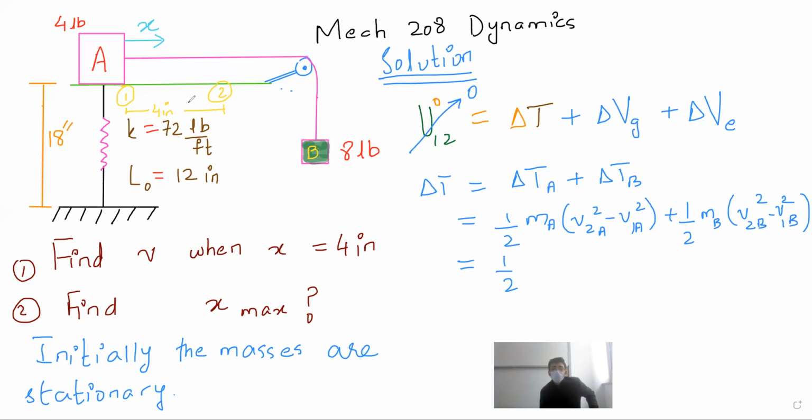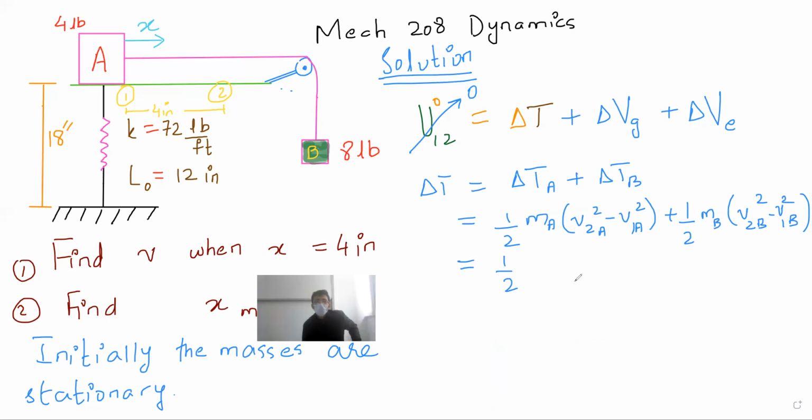Our online students, any comments or remarks? Okay, everyone, 4 divided by 32.2 into how many agree? How many disagree? V2A square minus 0, plus 1 over 2, 8 over 32.2 into V2B square minus 0 square. So delta T comes out to be equal to